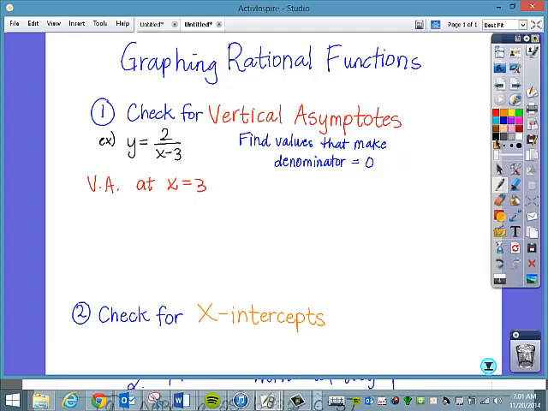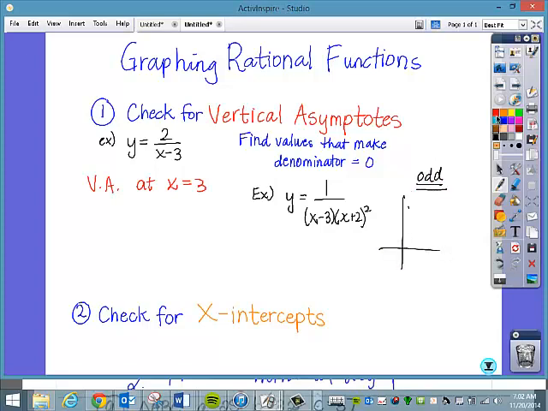The other thing about vertical asymptotes is that there's certain behavior depending on the degree of the power of the asymptote. So say you had y equals 1 over x minus 3 times x plus 2 squared. There are two vertical asymptotes on this function, one at 3 and one at -2. If you notice, the degree of this vertical asymptote is 1, which is odd. The degree of this vertical asymptote is 2, which is even. So if the degree of your vertical asymptote is odd,